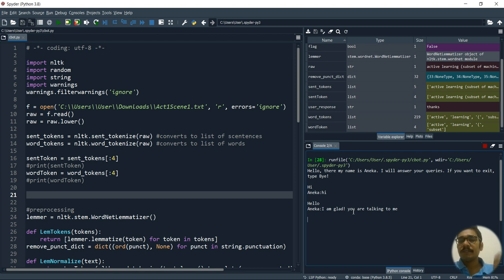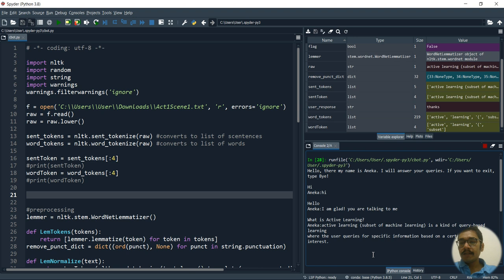we'll ask a certain set of questions to that. Okay, so I'll just type. Assume it's Google and you're asking, but not a huge database, just from the files we have trained this model. Not model, this is a chatbot. So what is active learning? Okay, yes, it replied something.